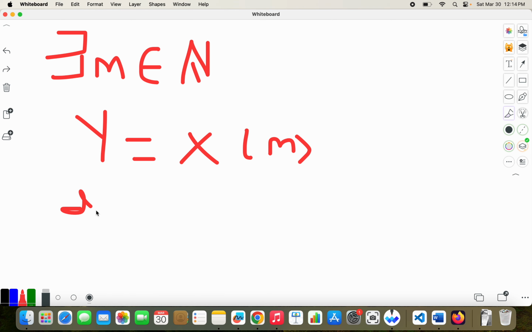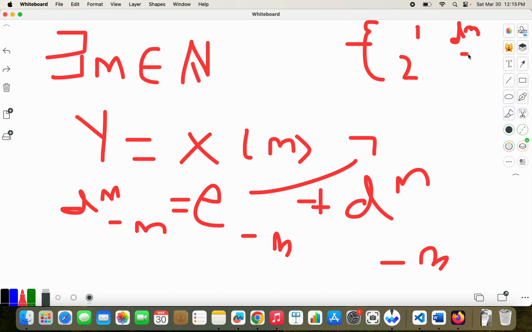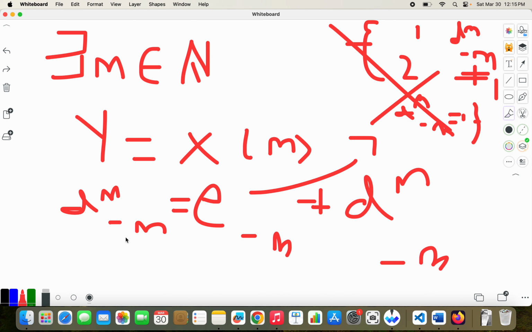Thus d_m of negative m equals e negative m, which doesn't equal d_m negative m, because remember how e was defined: 1 if d_m negative m isn't 1, and 2 if d_m negative m equals 1. Since these are obviously not equal, there's a contradiction,